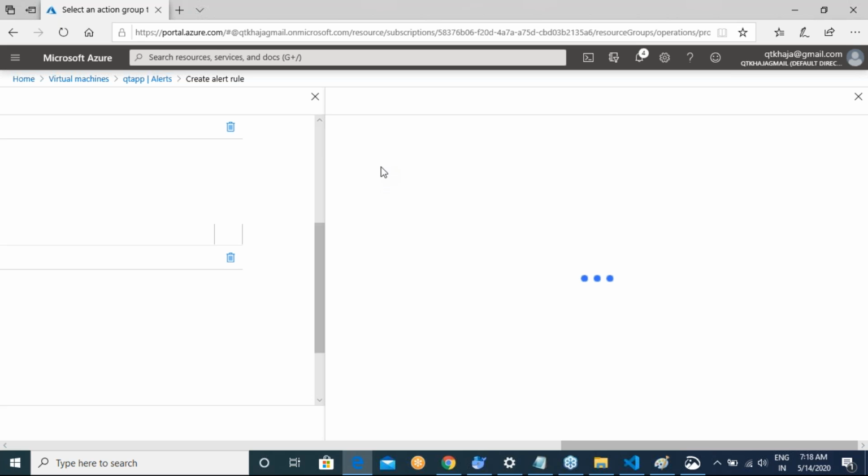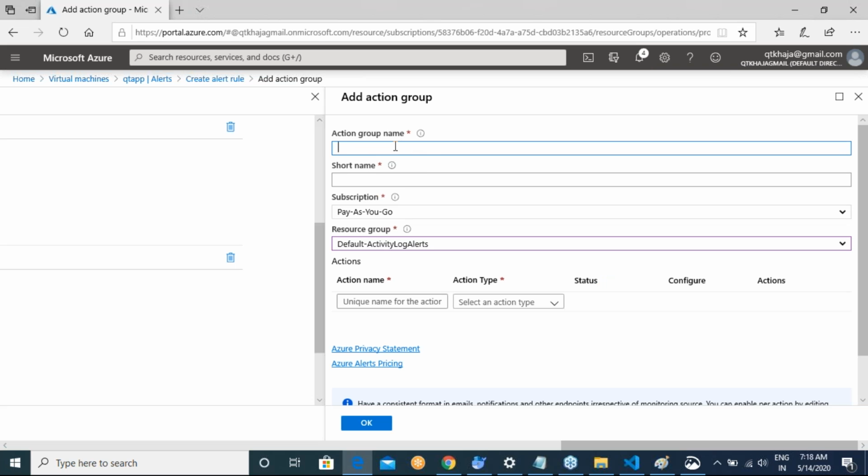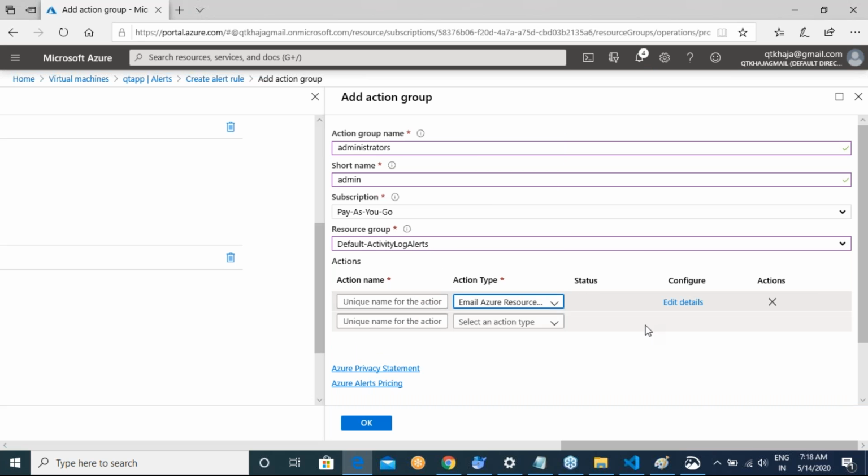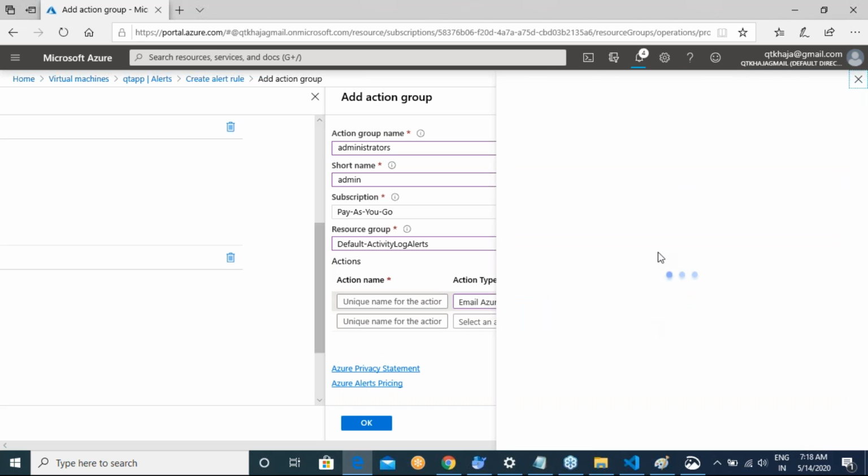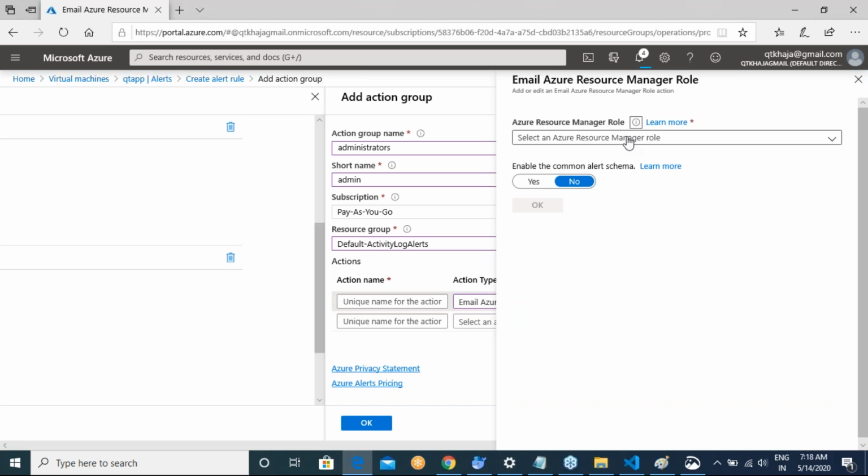Generally in your organizations you will have action groups with your team names, administrators, admin or cloud admin, whatever it is. So in cloud admin, select email. Then you have to give your email ID.